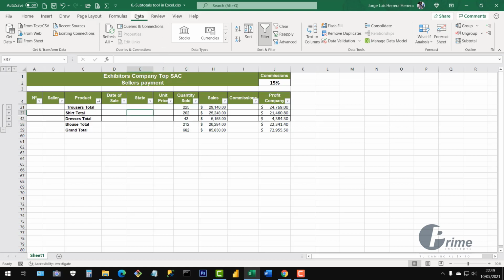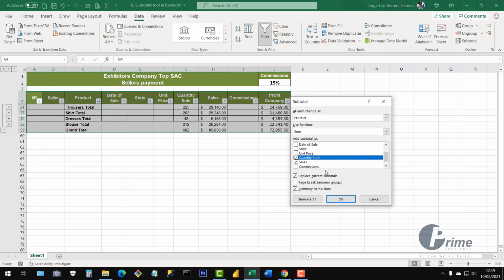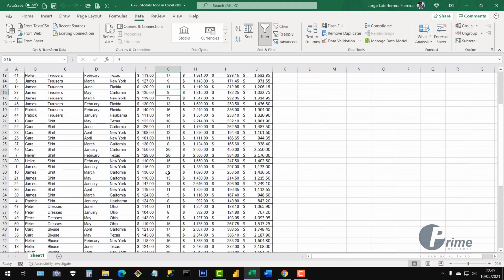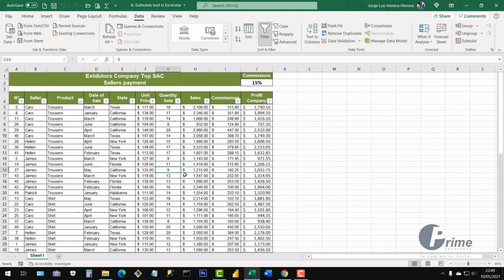If I want to get back to normal, get back again: data, subtotal, remove all. And here I have the second example, but this time I would like to count the quantities of, for instance, the products. I would like to know about the units, how many of them were sold by rows. So I would like to know,